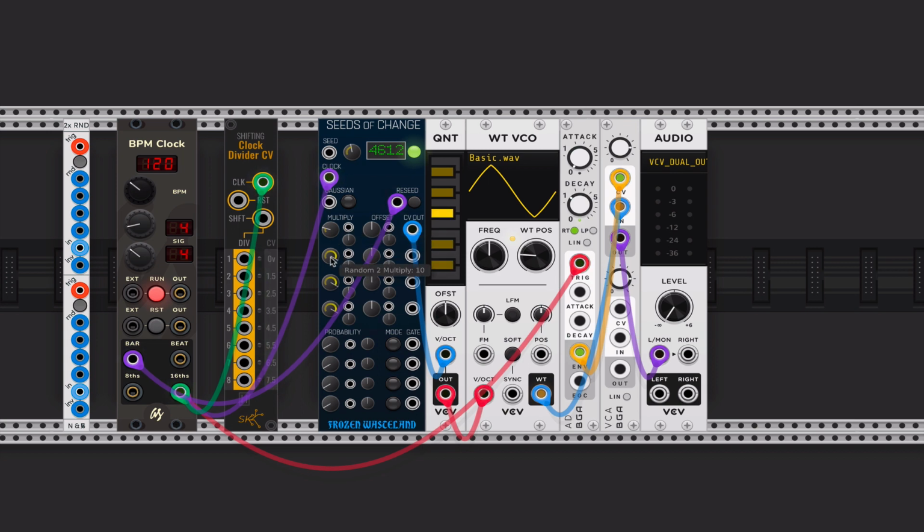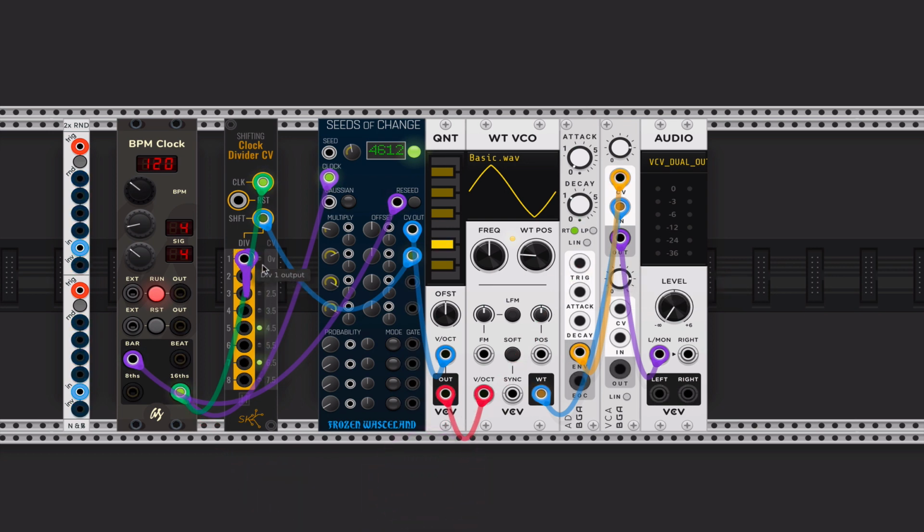So I'm just going to right mouse button click on this multiply here and type in 7.5 and return, and then we can take the output here and jam it into the shift control here. Then instead of triggering our envelope with 16th notes, let's take that out. We're just going to take the first output from our shifting clock divider and slap that in there, and now